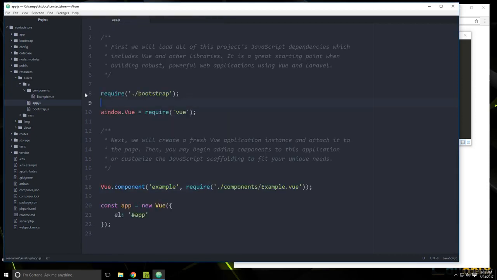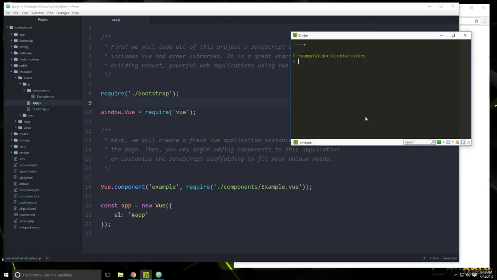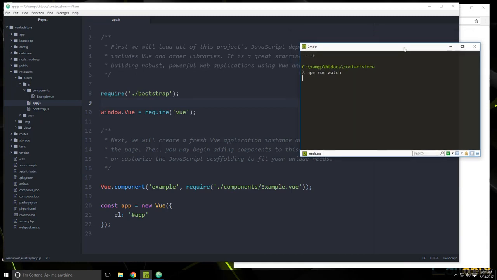All right, so in order to process or compile all these assets, we can do npm run dev, and that'll compile it once, or we can do watch, which will continuously watch the assets folder. So we're going to go ahead and run that. That way we don't have to keep running it after every single change. And then while that's going on,